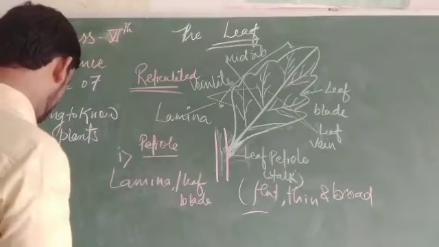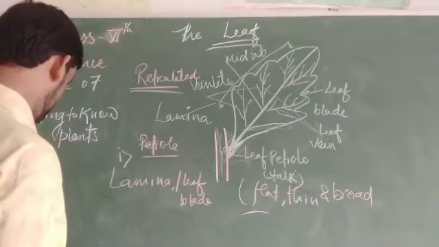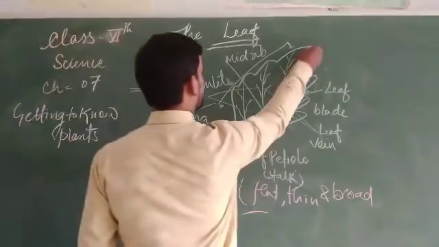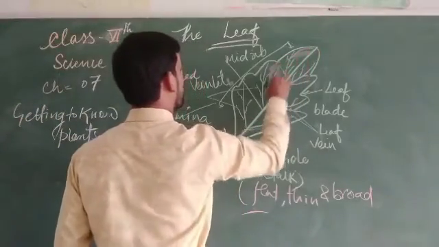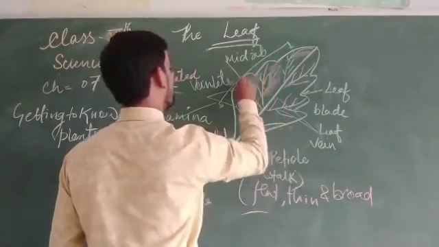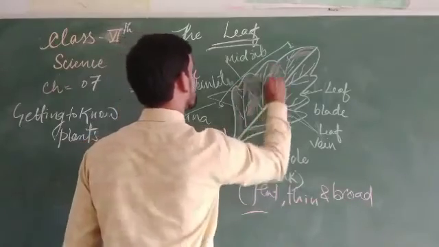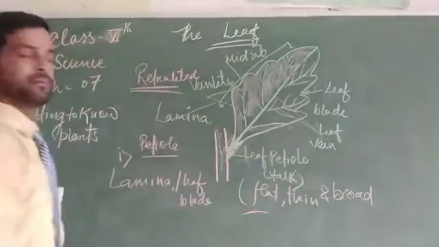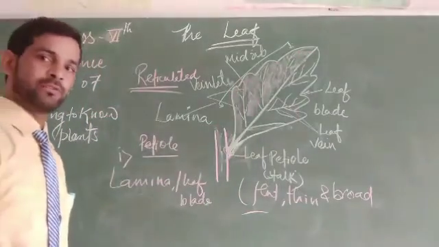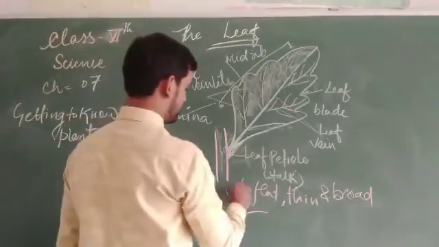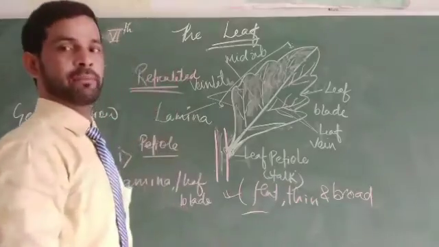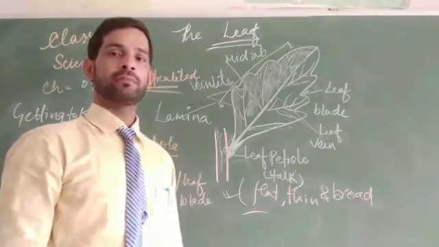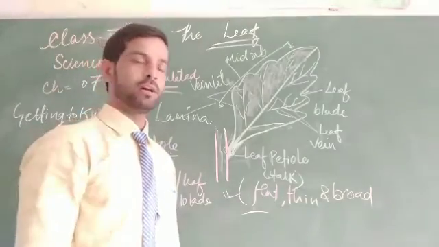The leaf lamina is the place where the food of the plant is prepared. It is responsible for storing the food in it. This is known as the leaf blade or lamina. It is the lamina on which the food is stored. So the most important function of the lamina is that its broader surface is very helpful for preparing and storing the food as well.